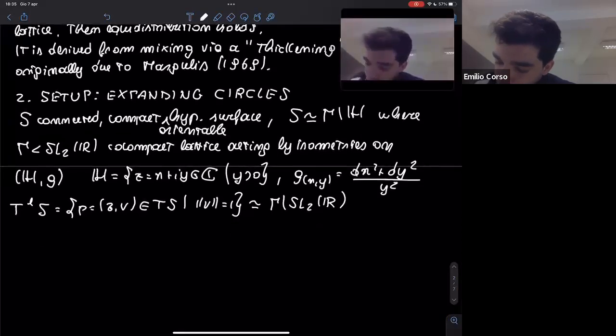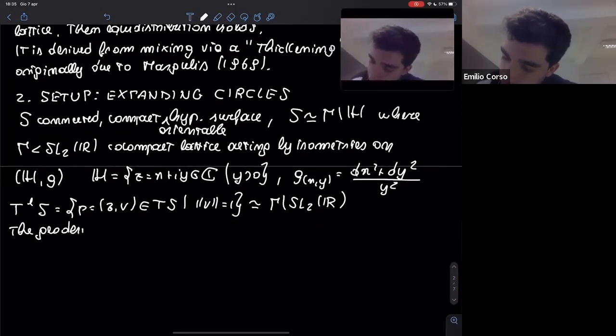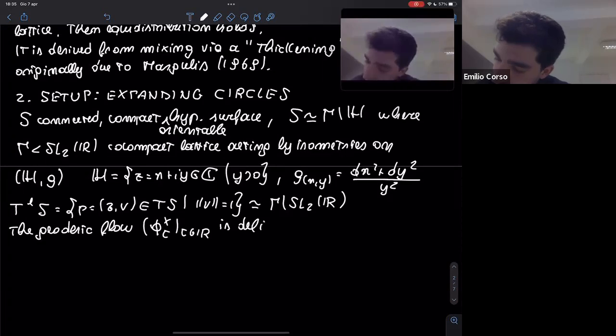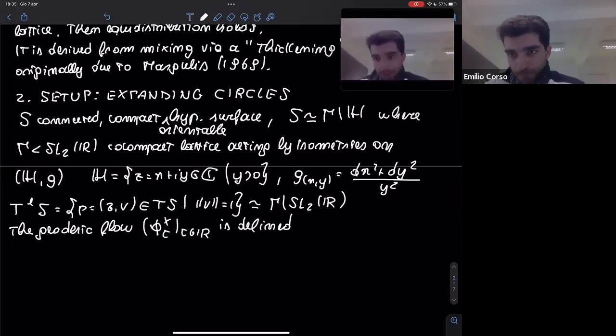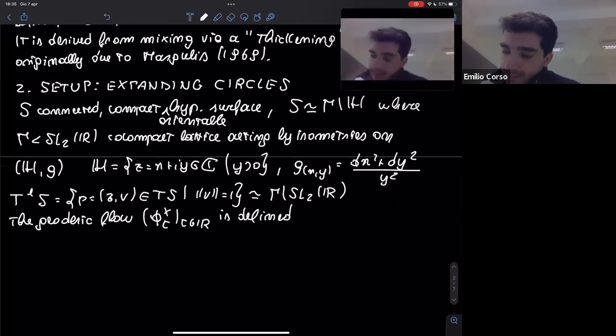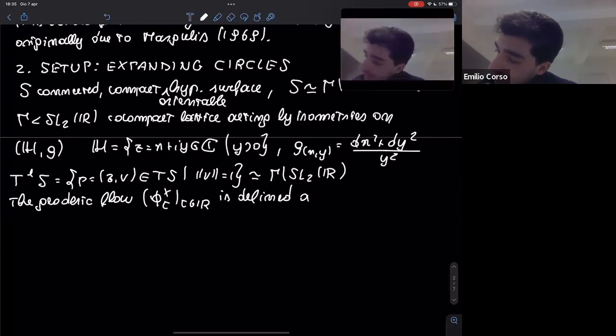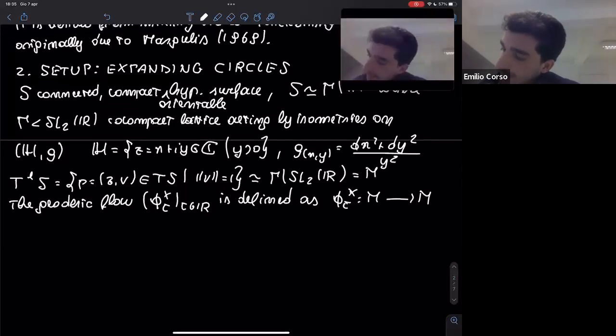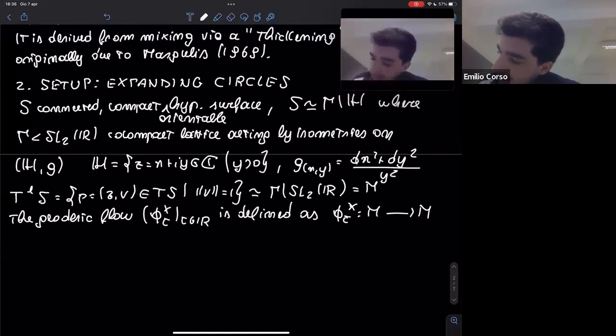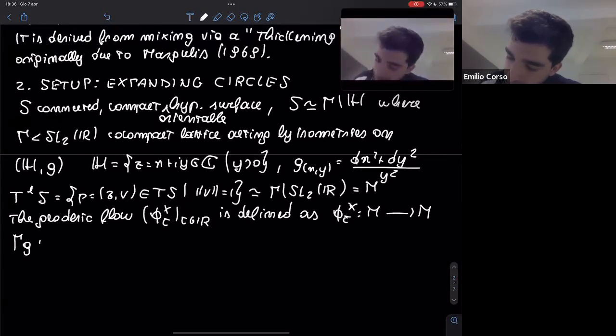Now, the geodesic flow on the unit tangent bundle is very well known in this audience. Let me call it phi t. It is defined geometrically as the flow which moves any unit tangent vector at unit speed along the unique geodesic it defines on the underlying surface. But actually, the peculiarity of the hyperbolic setup is that it can be conveniently realized in an algebraic manner. So let me call this homogeneous space M in the sequel for simplicity. It simply sends a coset gamma g to the right multiplication by the matrix,